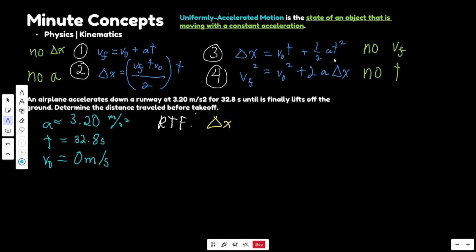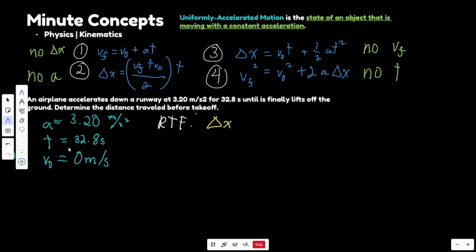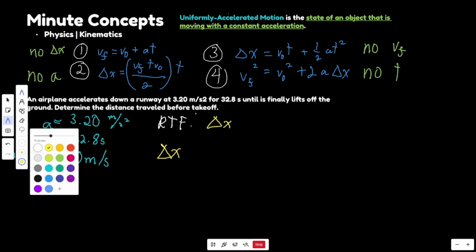So that means we have to use the third equation, which is delta x is equal to v0, or initial velocity, times time, plus 1/2 acceleration times time squared. So now let's use the green pen here. Our delta x, which is what we're looking for, I'll use the yellow so it's the same. Our delta x is equal to